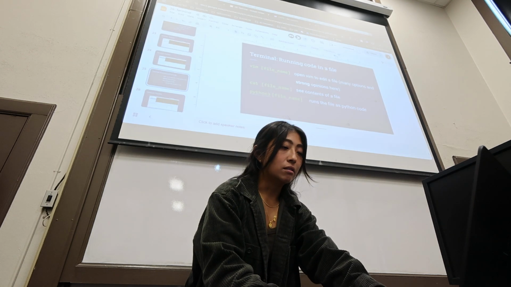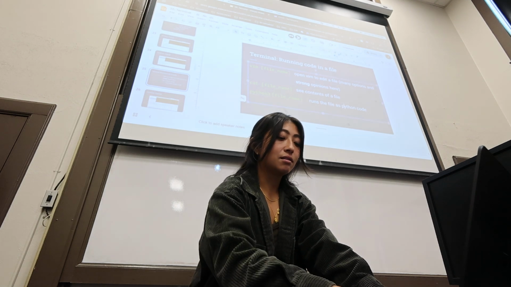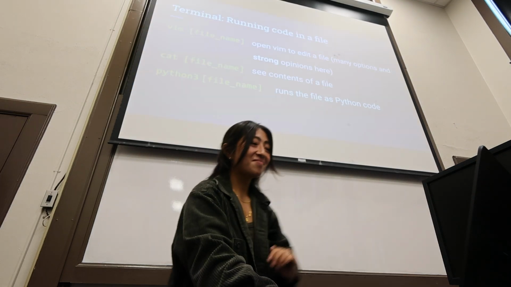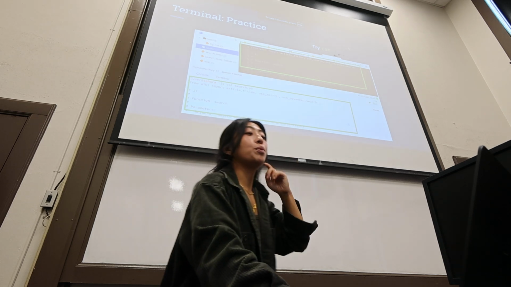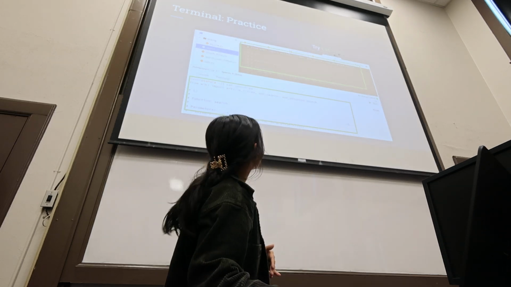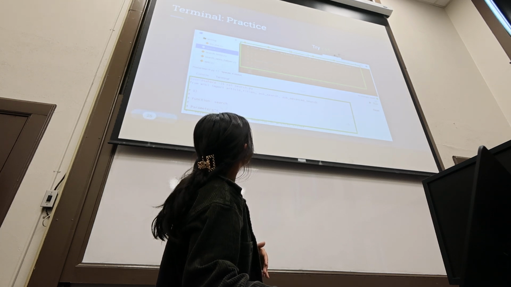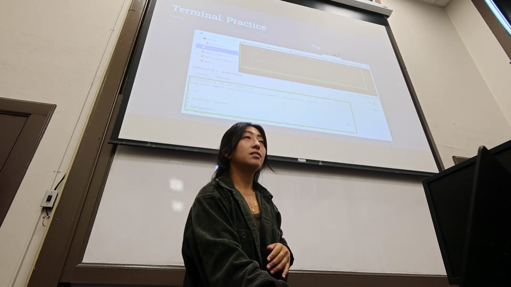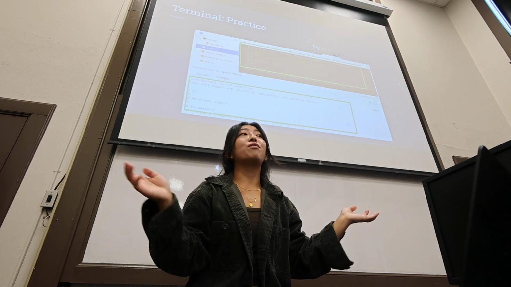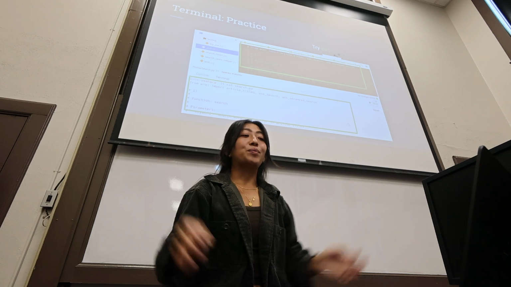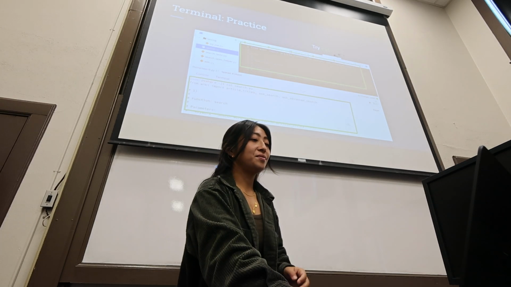Okay, I'm capitalizing this. It bothers me. So you could do cat on any of the files inside your project, right? And then the terminal would literally print it out like that. It would be printed here, and that's everything that's in this code, right? So if you were just navigating through your file system and wanted to see what was in that file, you just do cat. I've done this a bunch before.